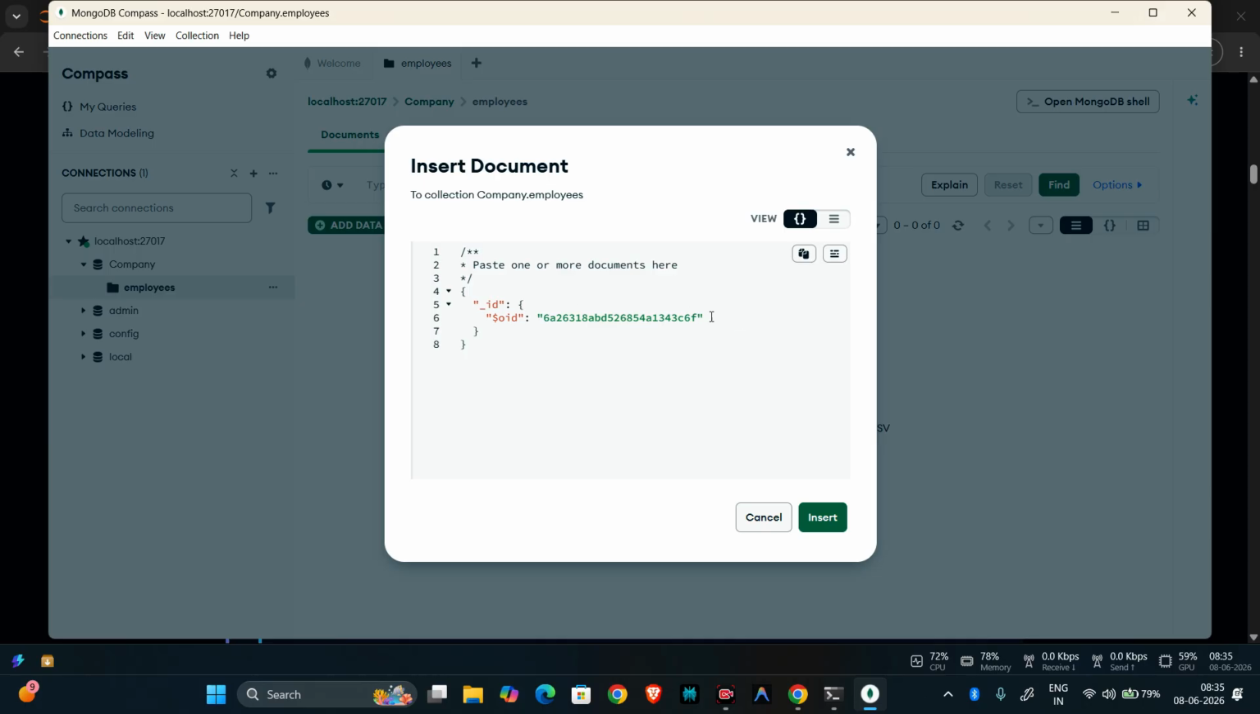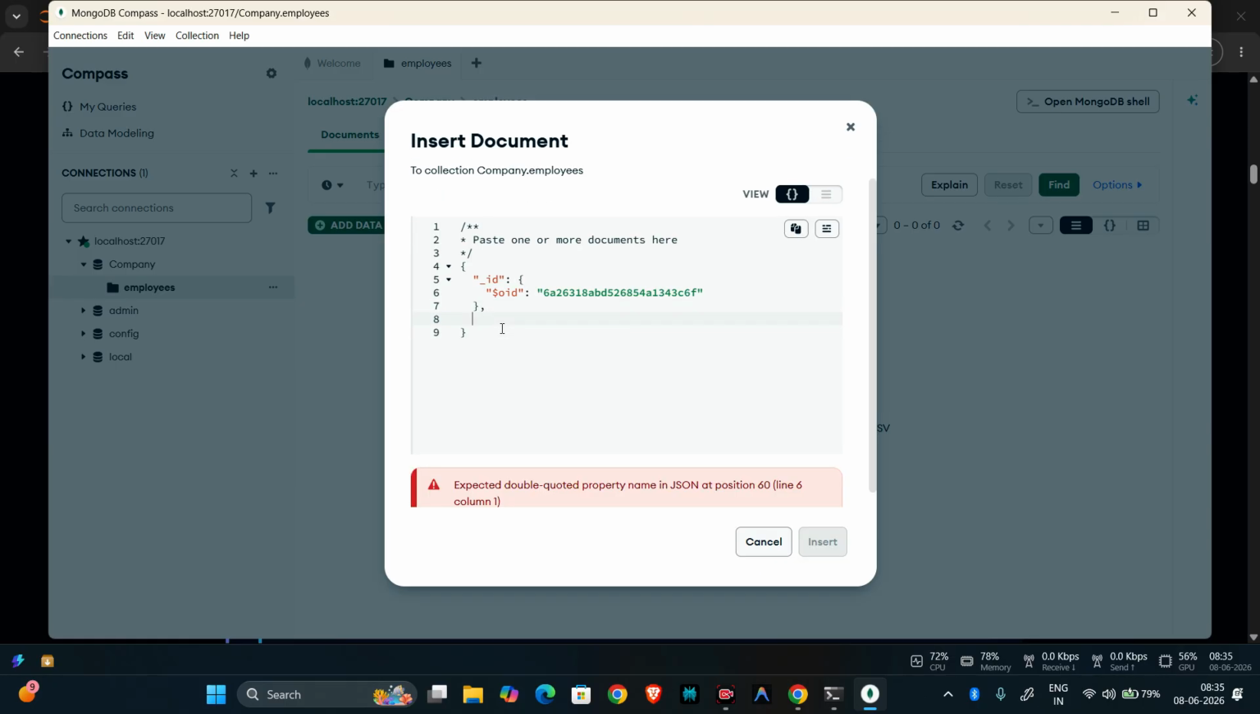this is the auto generated ID. You can see _id ObjectId. So this is the object ID. After that you have to give the value of what you want to add, like name I want to add